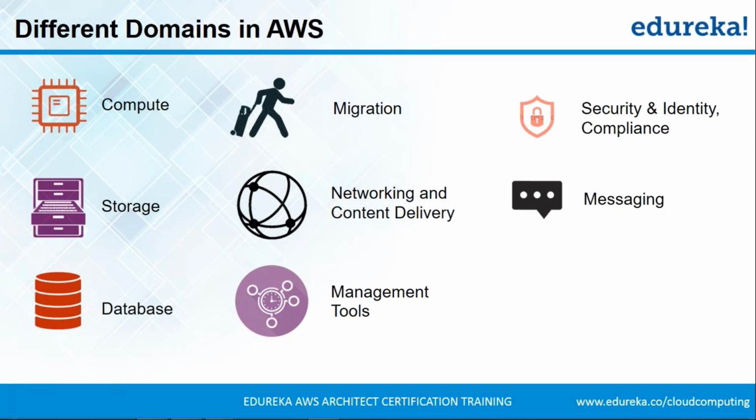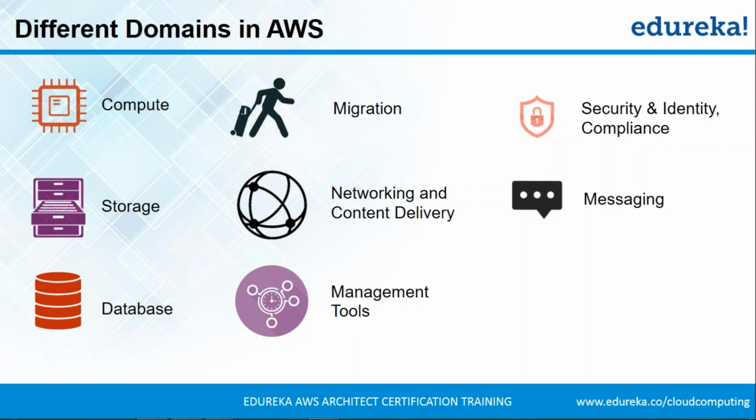Next up, we have the security and identity compliance. Security and identity compliance basically includes services like IAM, which helps you authenticate people to your AWS account. So if you have a company and you want to give usage restrictions on the employees that are using your AWS account, you can do that using IAM. Next up, we have the storage domain. The storage domain would basically include services like S3, which is a file system. A file system is basically used to store executable files which can be used on your website or somewhere else.